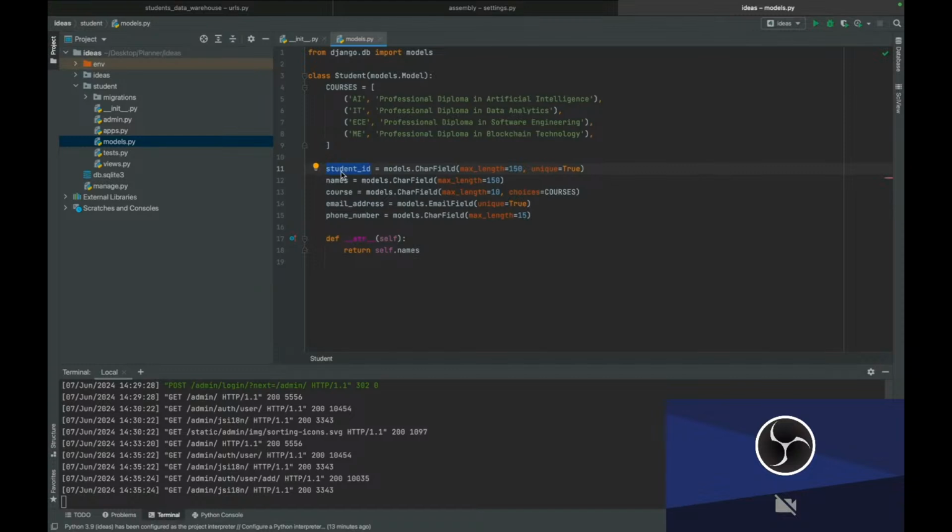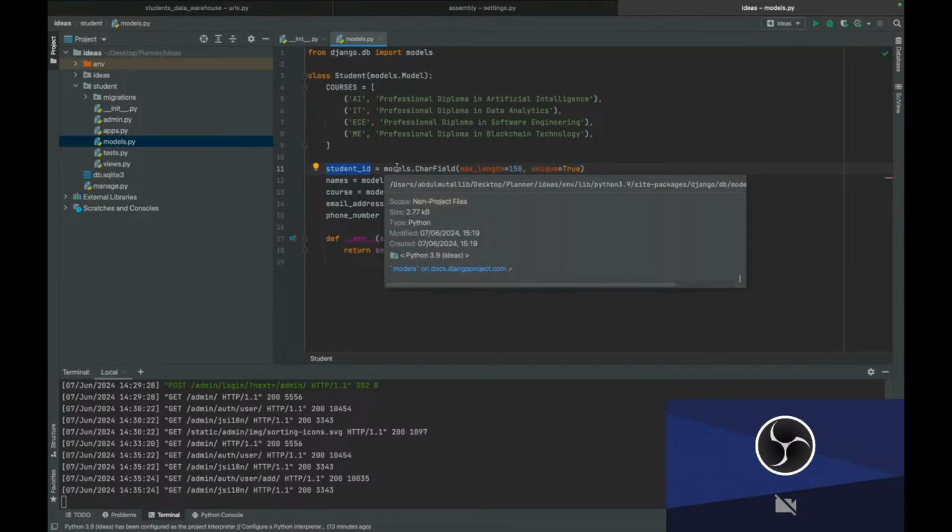What type of data is student ID? Is this a number? It's a character, right? Student ID is a combination of numbers, special characters, as well as alphabet. So when you come to Django and you want to create a particular field that will take student ID,